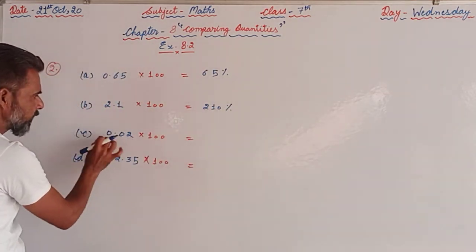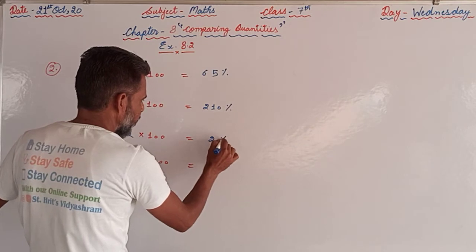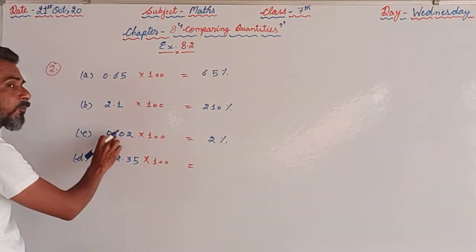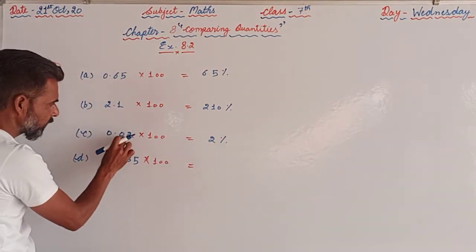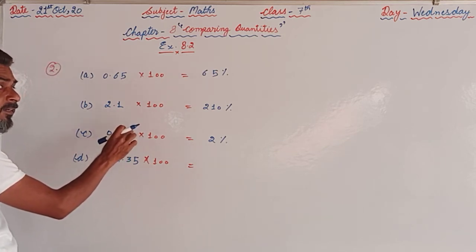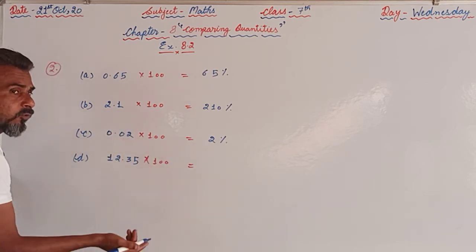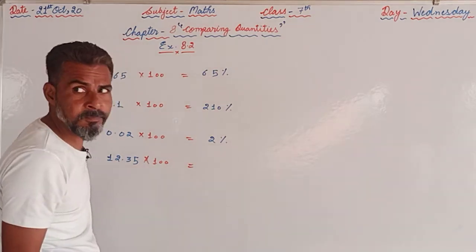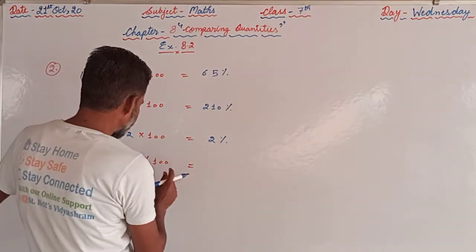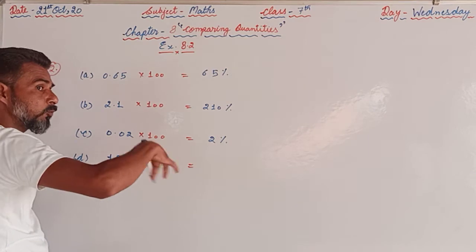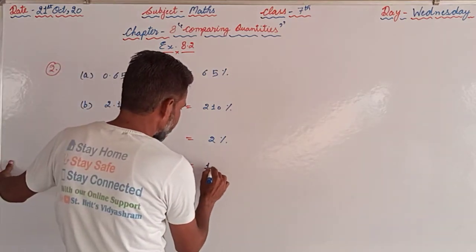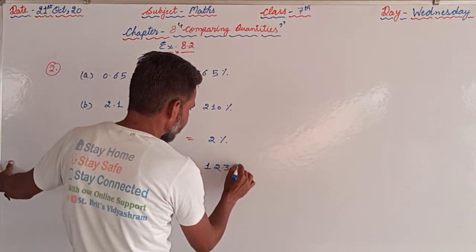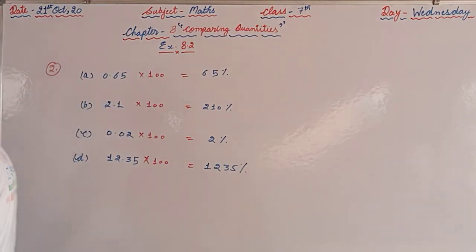210%. 2 places, because the decimal is here, it will move towards the right by 2 places, 1 and then 2 after 2. If any decimal digits are there after that, then that is of no use, that is 2% or 2.0%. Here again the decimal will move 2 places on the right hand side, so that will become 1235%. So like this we are supposed to proceed with the questions given in this chapter.